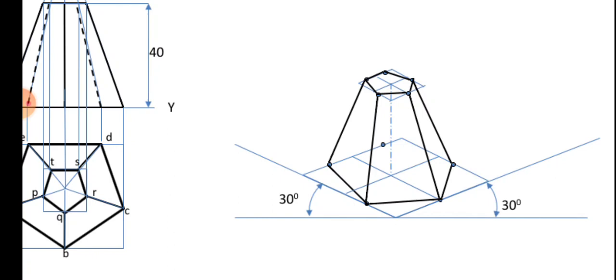All the types I have done. Frustum of pyramid is done, frustum of a cone is done, pyramid is done, prism is done, cube is done, sphere is done, hemisphere is done, cylinder is done. So you only have these objects. Other than this, there are not many objects left. I think tetrahedron is there, that also you can do without much difficulty.